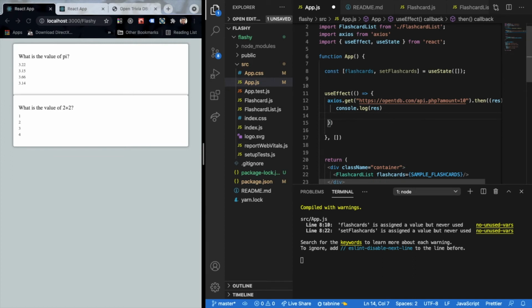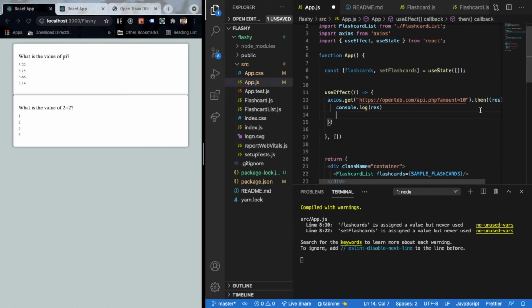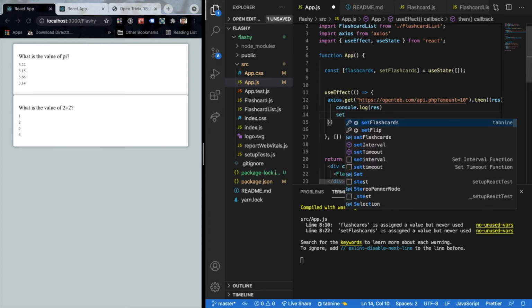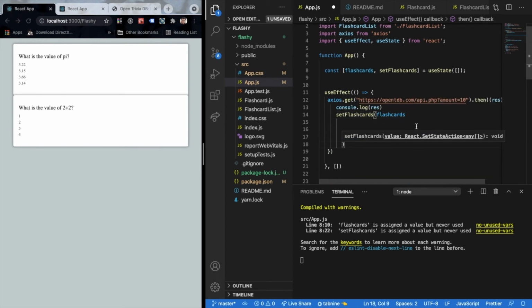So the first thing that you must have noticed is that whenever we got the data, it was in that data object that we just saw. So I'll use a setFlashcard method, that is just the method from our useState over here, and in that I'll start initializing everything.